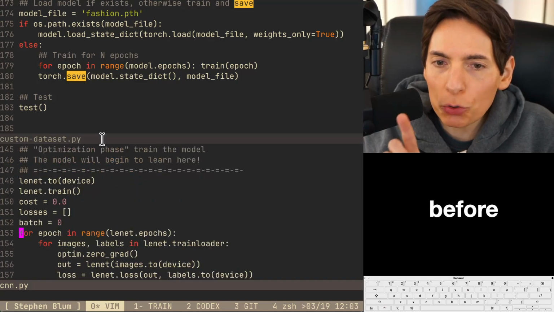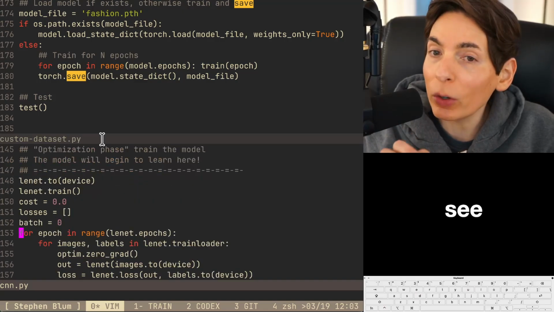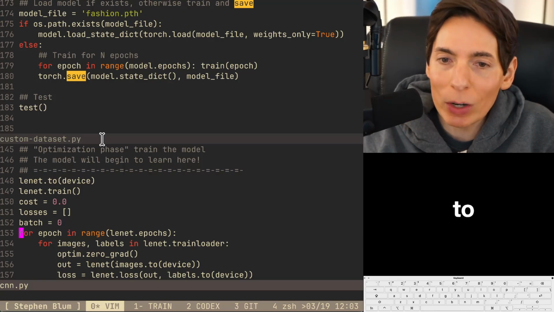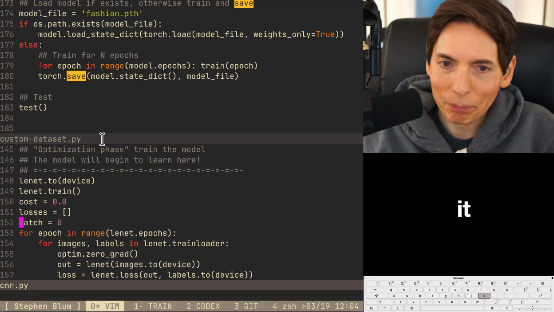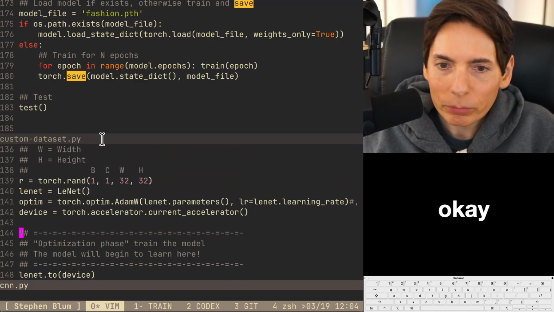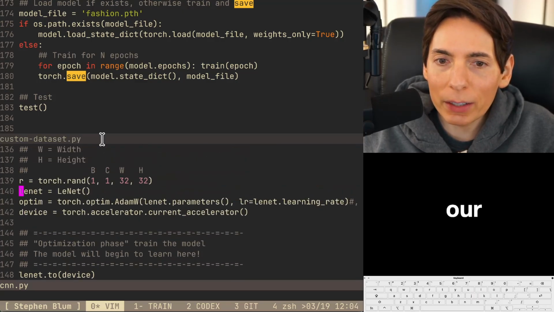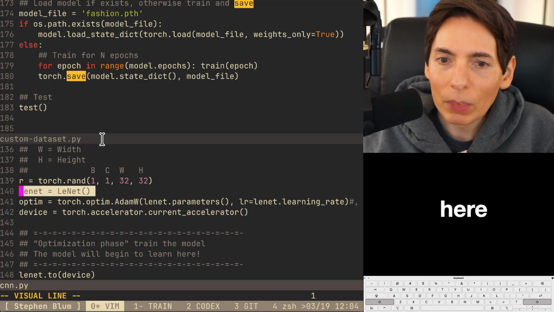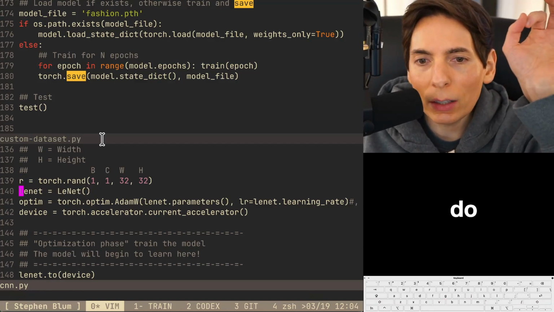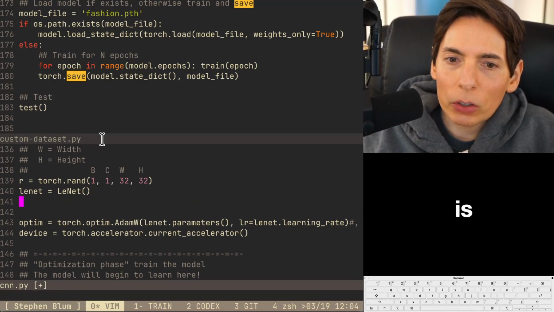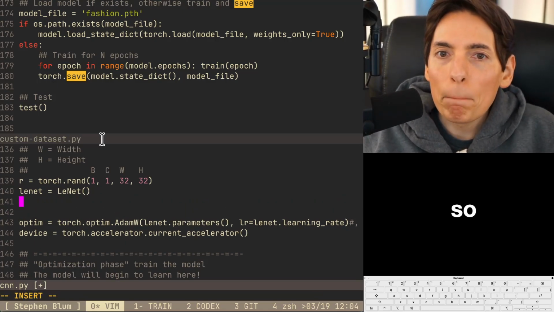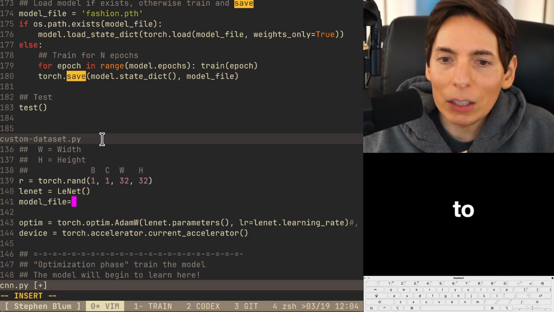So before we train the model, we're going to see if the model already exists on disk. And then we're going to load it, or we'll train it. That's the plan. Okay. So where is our model defined at? Right here. Okay, the model's defined here. What we maybe should do is put the code here. Okay, so model file is going to equal our